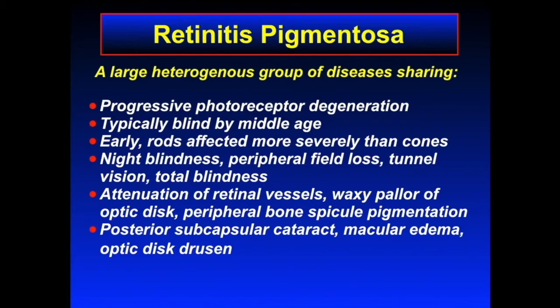In the early stages of the disease, the rods are affected more severely than the cones. Patients experience night blindness, peripheral visual field loss, tunnel vision, and eventually total blindness. The retinal vessels become attenuated because there's nothing left to feed. There is waxy pallor of the optic disc, and classically peripheral bone spicule pigmentation, which is responsible for the name of the disease. Other interesting features that occur include a posterior subcapsular cataract, macular edema, and optic disc drusen in